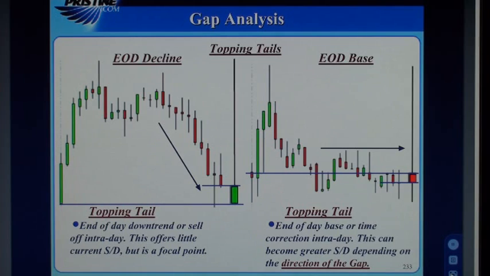The topping tails will do the same analysis. Was there a decline at the end of the day, or did it decline earlier in the day and consolidate in the afternoon? With the end of day decline, this type of setup, if it gaps down from this, would probably be better